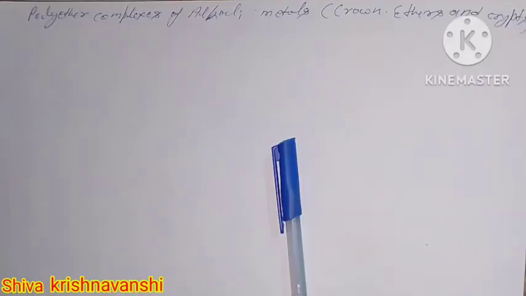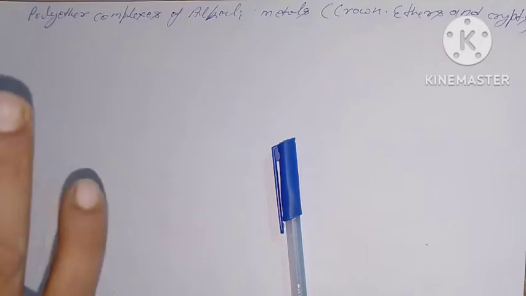Polyether complexes of alkali metals. Crown ethers and crypts. Alkali metals form complexes with